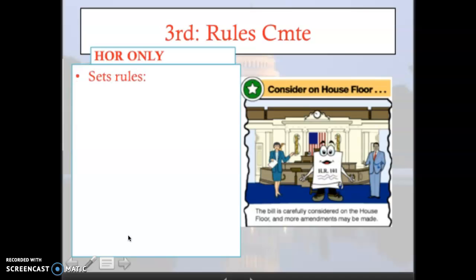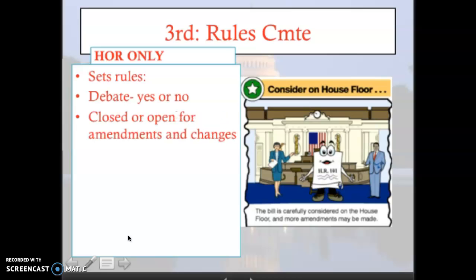There are two rules that the Rules Committee sets. They determine if the bill may be debated on the floor or not. If the bill is debated, then people from all sides are going to have a limited amount of time to have their say on a piece of legislation. If debate is set to no, then nobody can discuss the bill. They can read it, but then the next step is they just have to vote on it. Why wouldn't you want a bill to be debated? Well, if you don't have time to go through debate, that's a good option. If you're trying to hurry up and pass a budget before the government shuts down, you're not going to set time for debate on a bill.